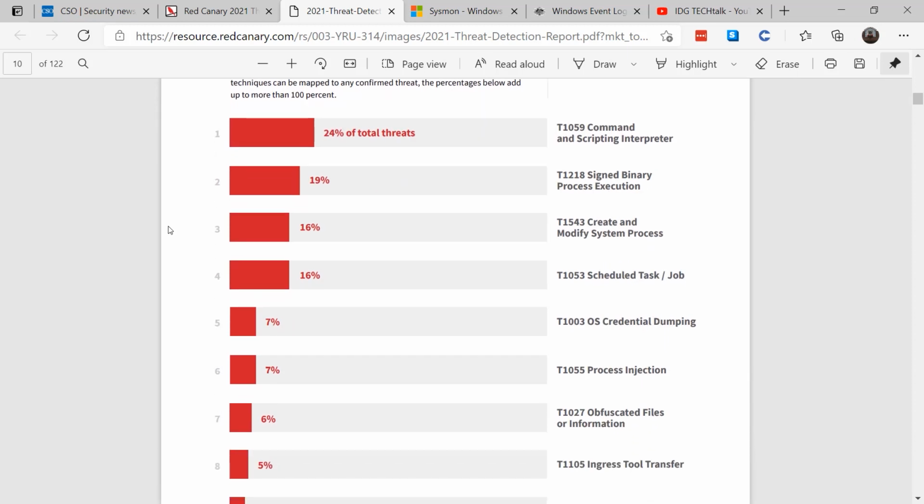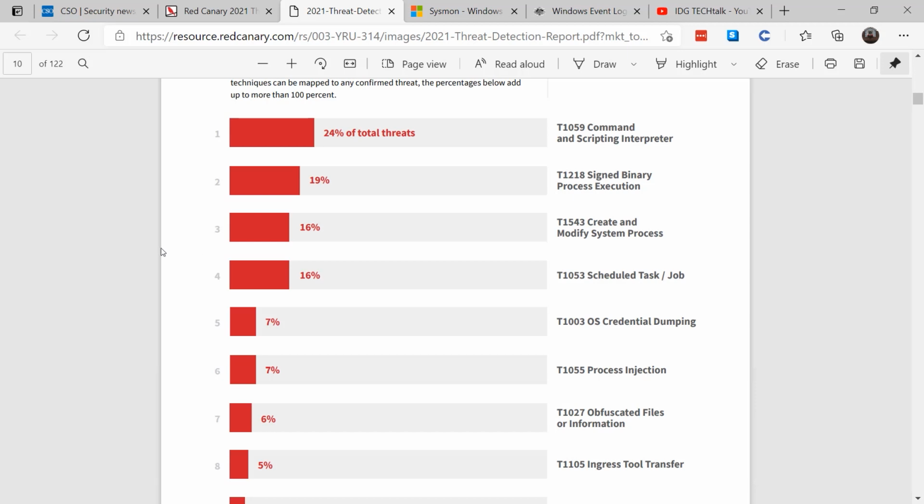7% of threats came from credential dumping. The Local Security Authority Subsystem Service, or LSASS, is often used to dump passwords with a little help from such tools as ProcDump and Mimikatz. Again, the Sysmon process access alerts are your best toolkit to help you identify this. Make sure you look for event 10 in the Sysmon events. Again, I'm going to sound like a broken record. You're going to want to know the baseline in your organization, because once you know the baseline, then you can identify what's unusual.